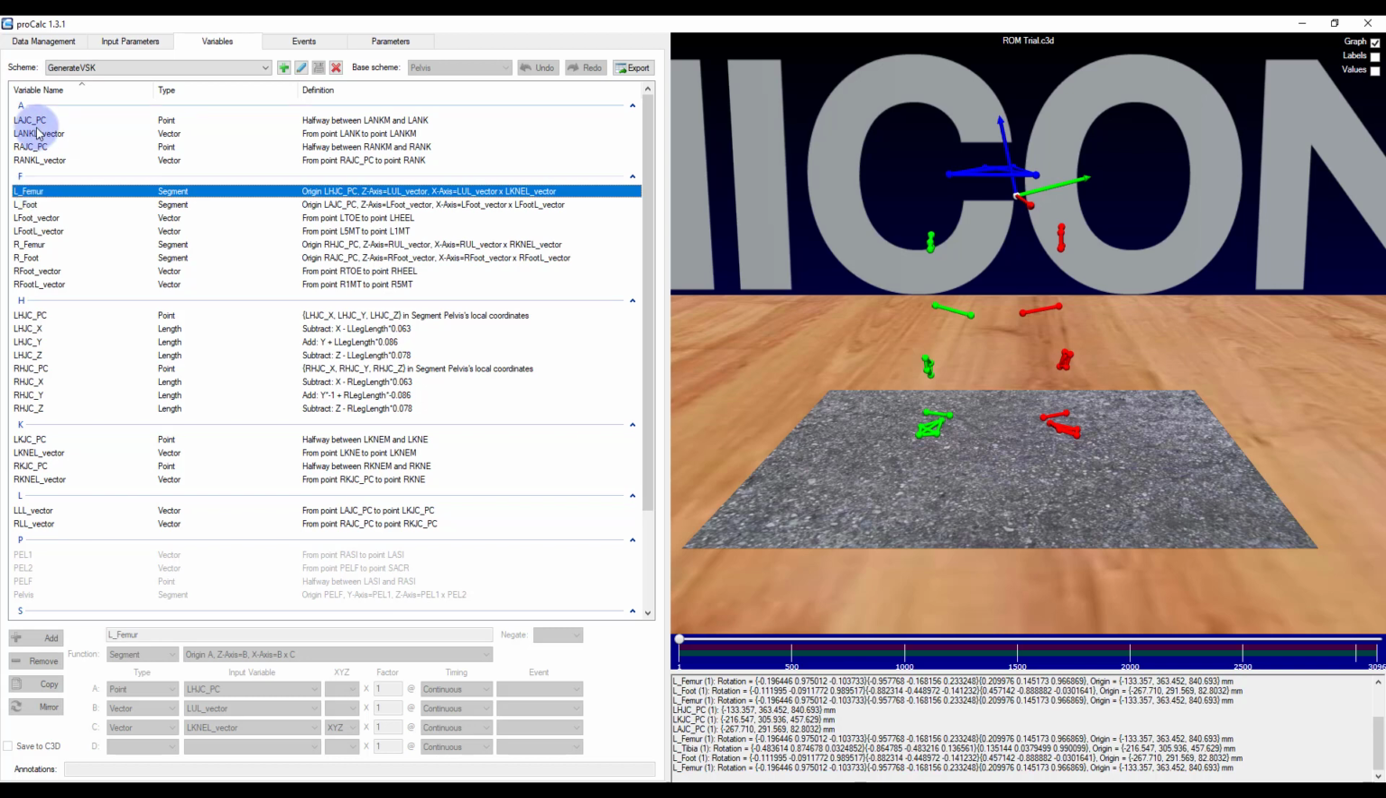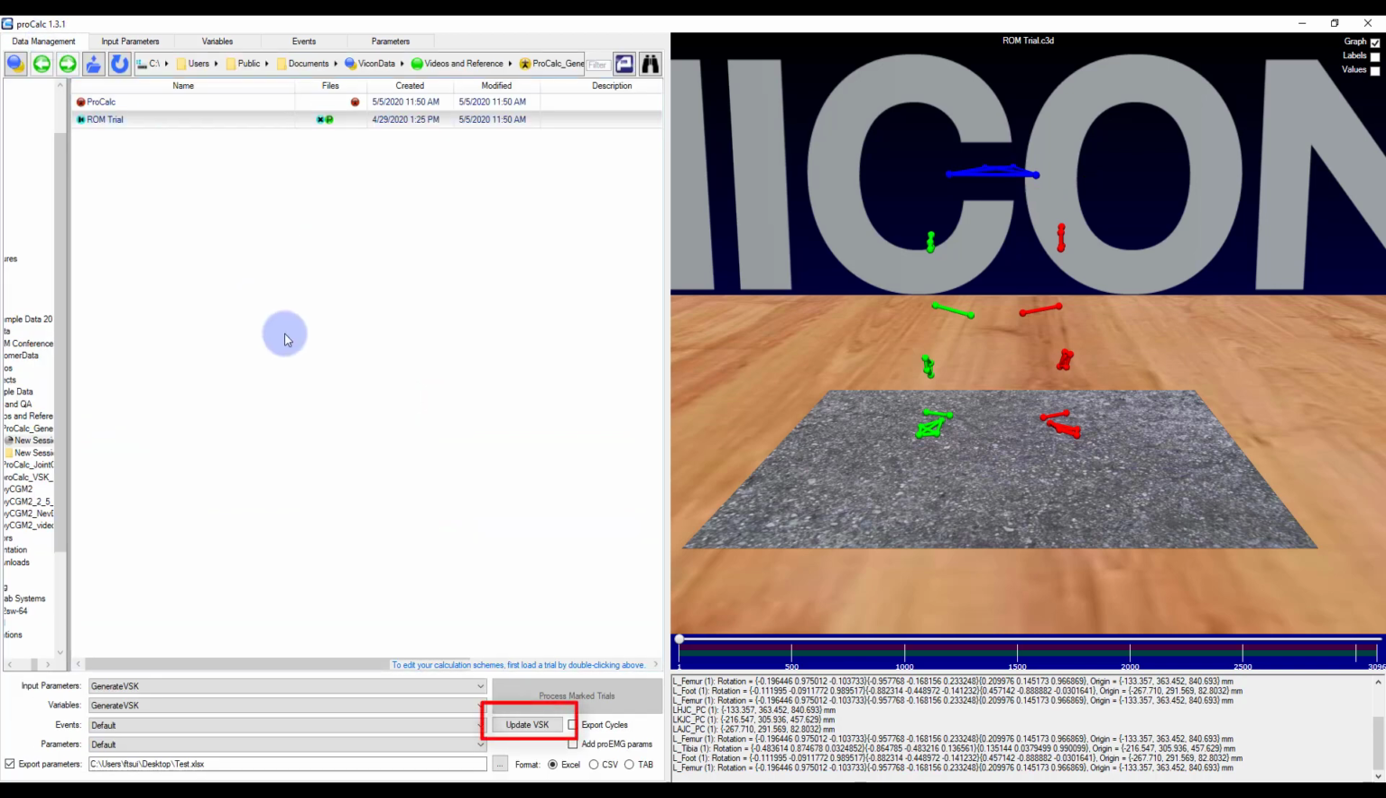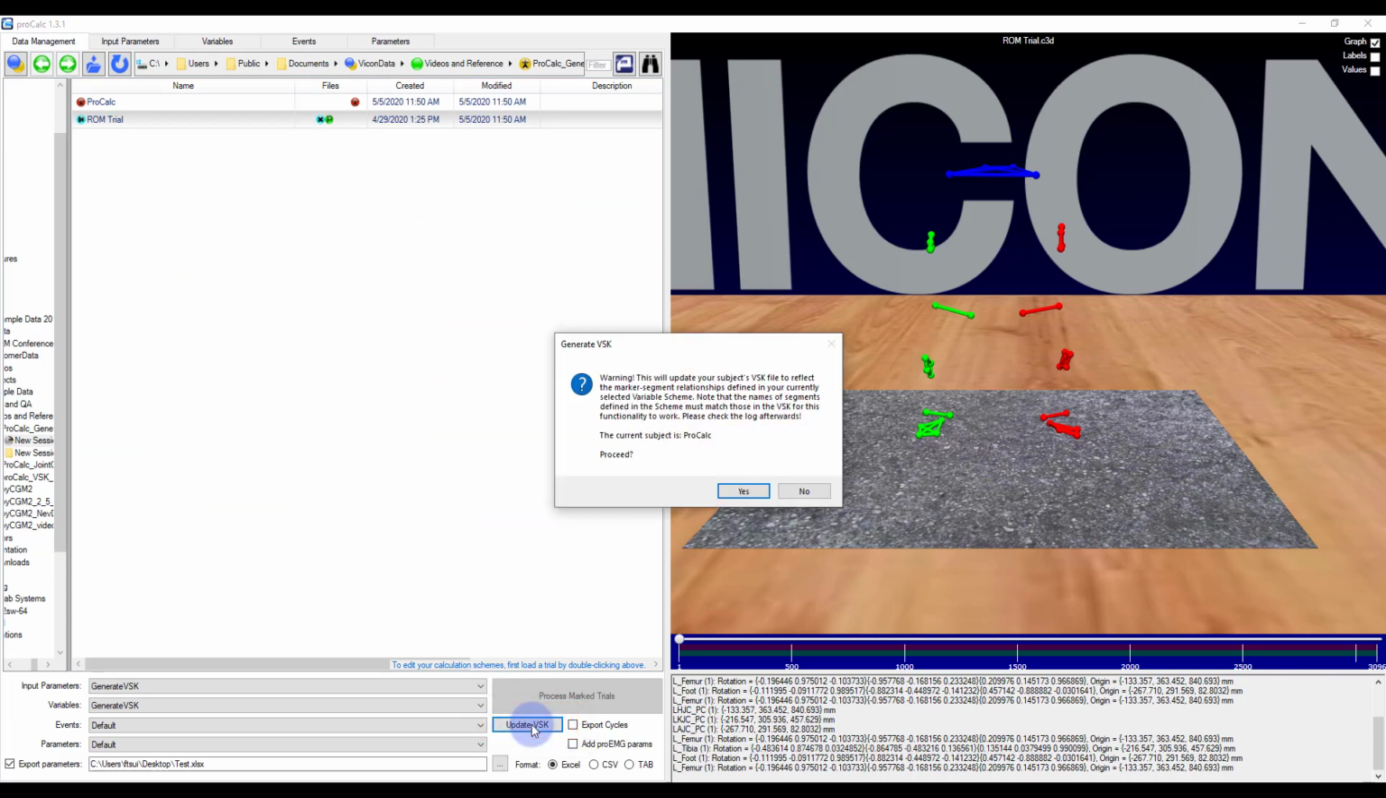the Data Management tab. Down at the bottom, I will click Update VSK. A warning will pop up to confirm you want to continue. It is important to really consider this before continuing, as it will permanently alter your VSK. After clicking Yes,